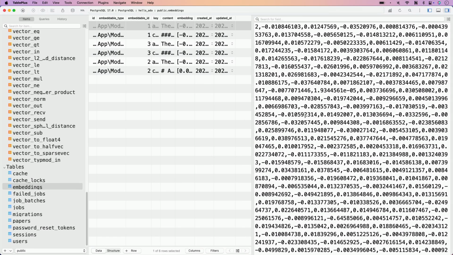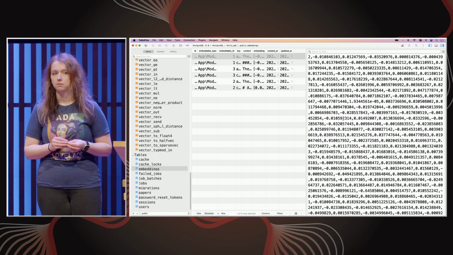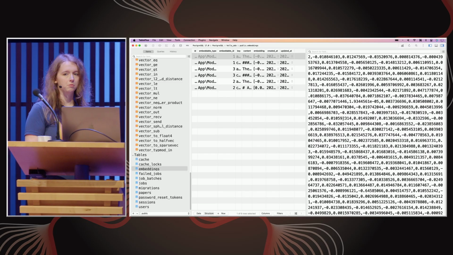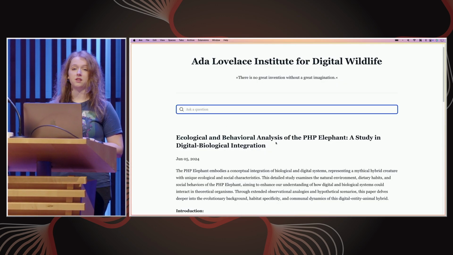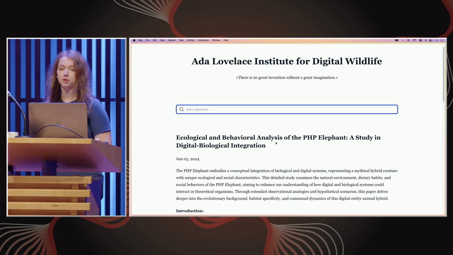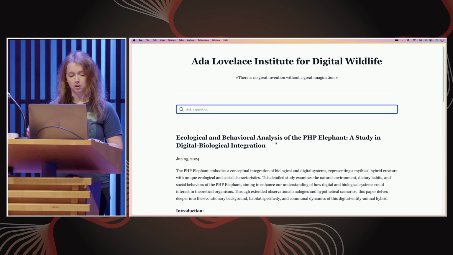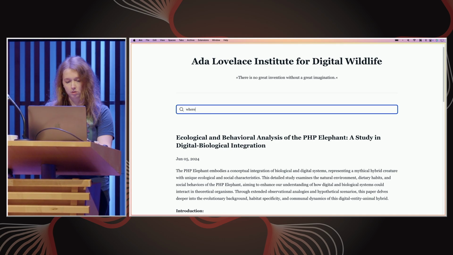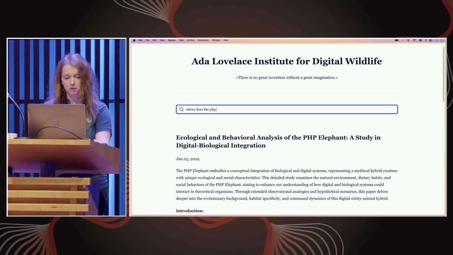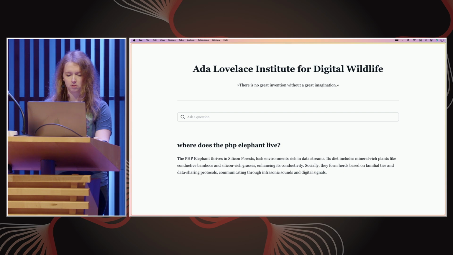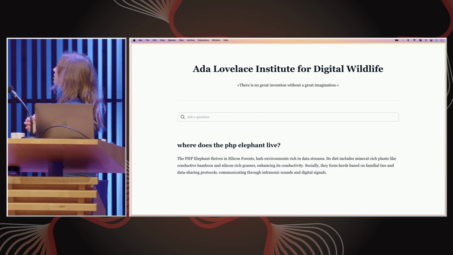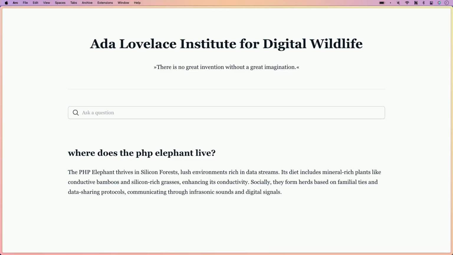So that's nice and all, but what do we do with that? A long list of numbers, I cannot read that. But what I can do is ask a question on this website, because this is a semantic search. I want to know, where does the PHP elephant live? Oh, a PHP elephant thrives in silicon forests, rich in data streams.